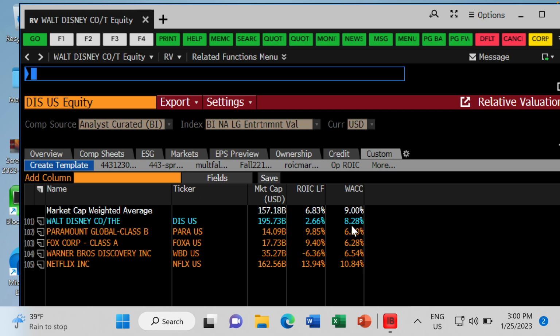This is the industry data, in this case for Disney. Now here's the point, in terms of their spread. In finance, we know that creating value occurs when IRR is greater than R, which leads to a positive NPV. ROIC is a 1-period IRR. That's all it really is. WACC is the R.